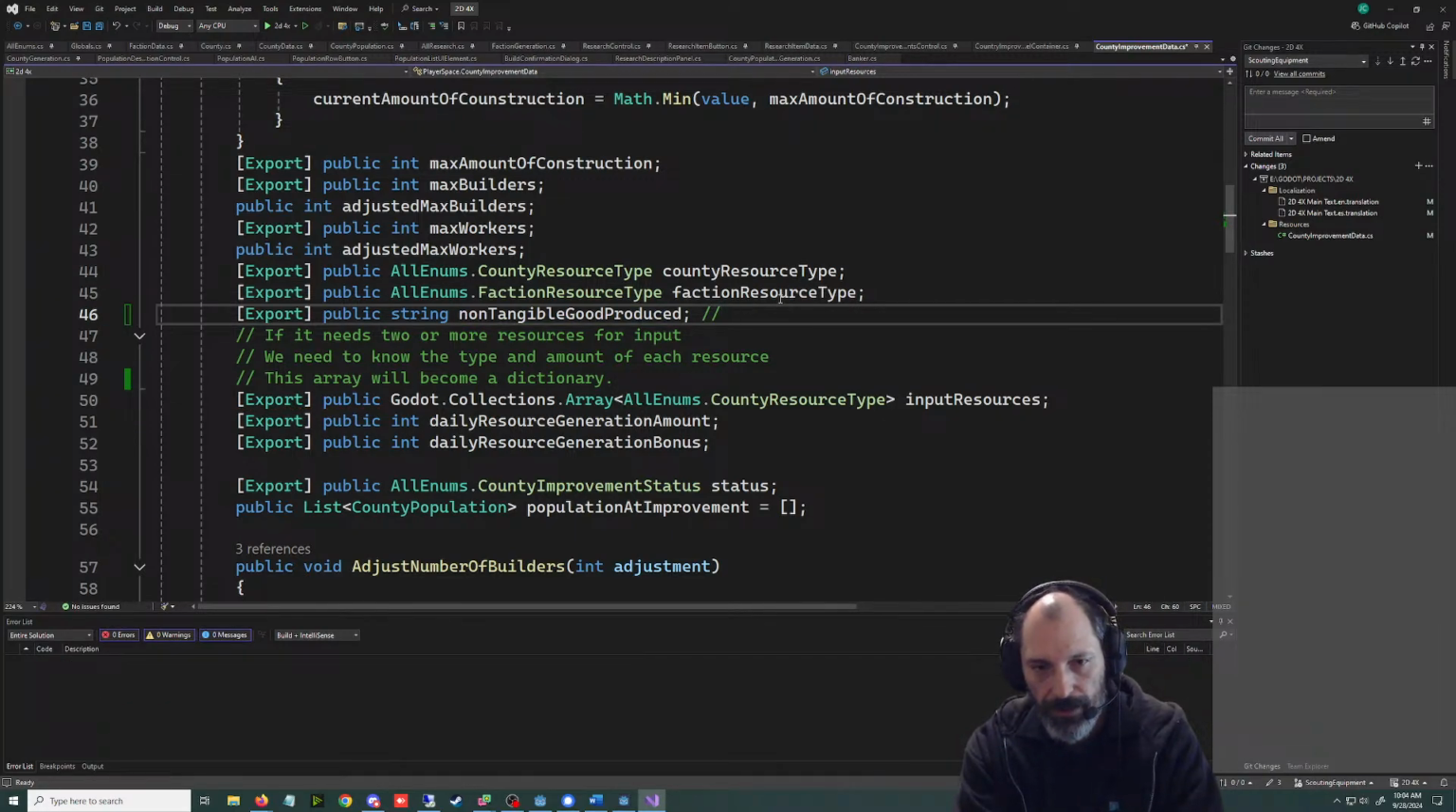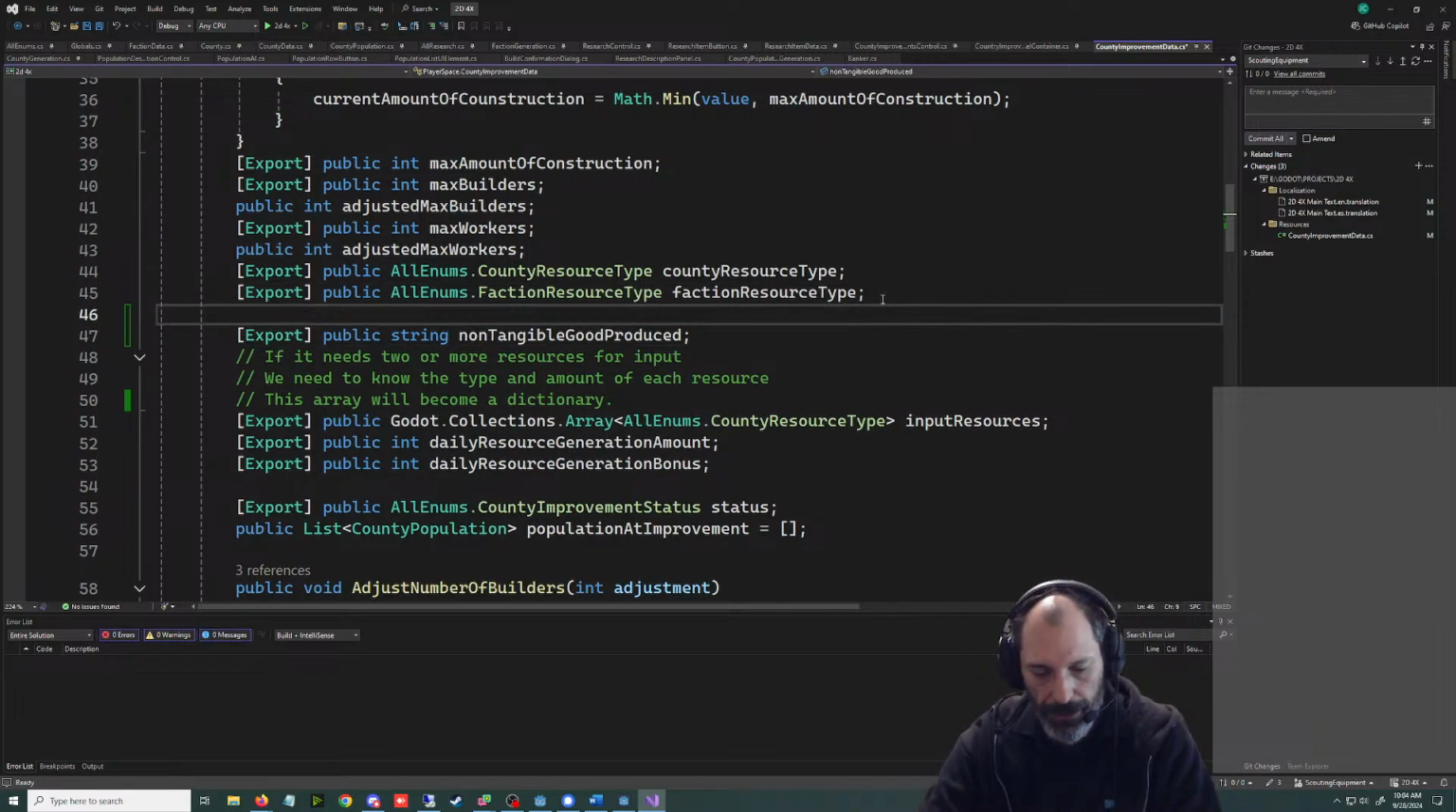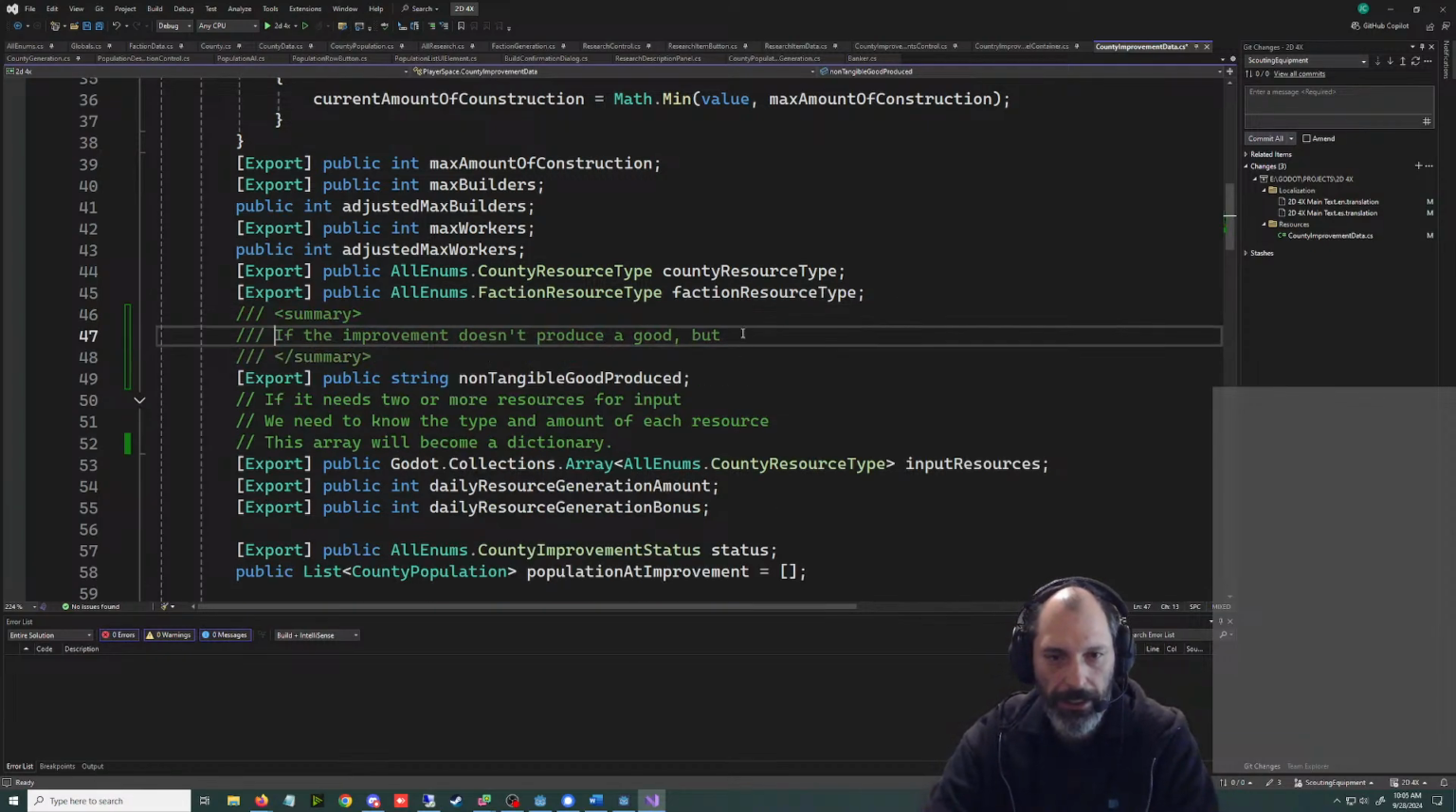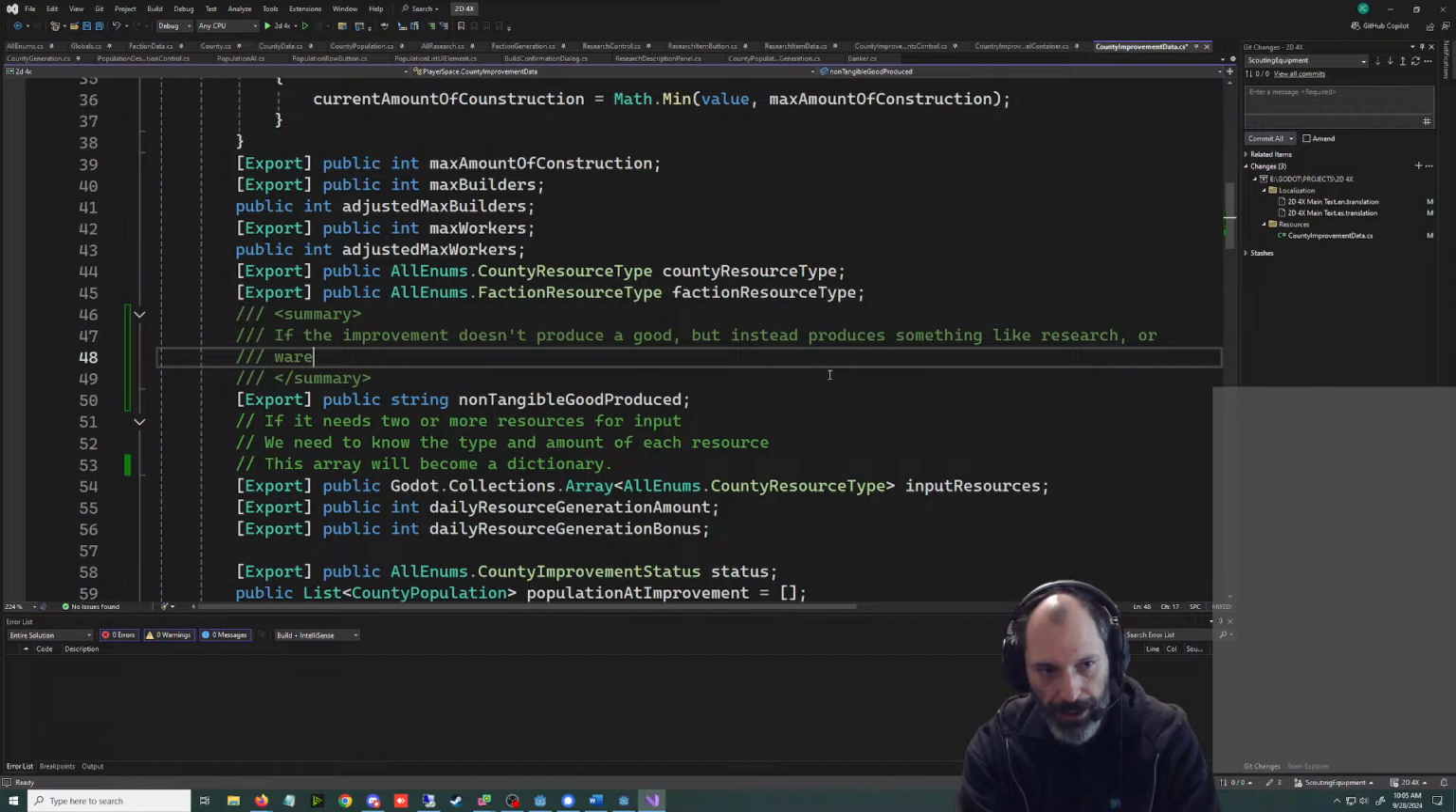Because I'm not going to remember what I'm talking about here. If the improvement, I always forget that E. Improvement, if the improvement doesn't produce a good, but let's put this up here. I wonder if I can put a summary on, whoops, I guess that was right. I wonder if I can do a summary here. I can. I wonder what it does. We'll find out. If the improvement doesn't produce a good, but instead produces something like research or warehouse space, this string says what that is. If it is null, then the normal production